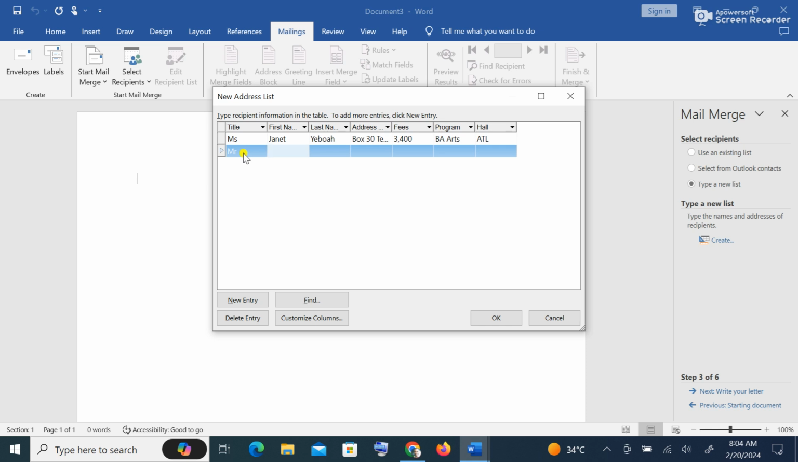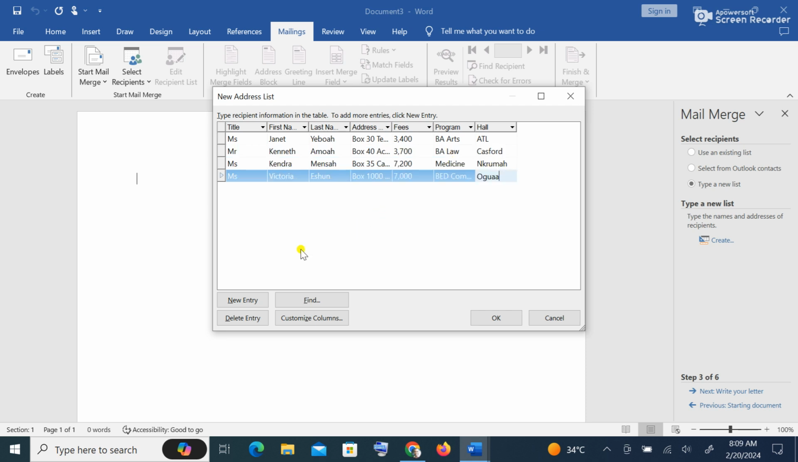Let's go for John. Well, let's go for Kenneth. So the same name, Amoa, box. So on and on, I'm going to add more entries to this list as I am going. Now, when you do get to the last stage, you press the tab key to get more rows. Okay, so we have added a few more